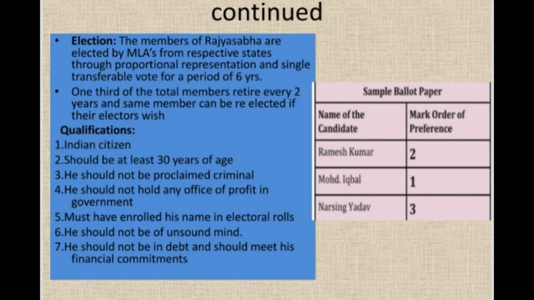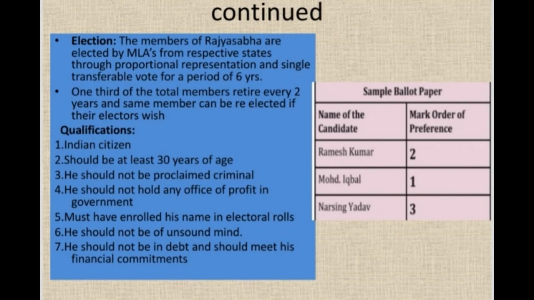Suppose the three candidates get equal first preference votes, then the Election Commission will count the second preference votes, and even if there is a tie there, they will go for counting third preference votes, where definitely a candidate will be declared the winner. So hope you understood. That means there is an order of preference given by the voters, called MLAs,